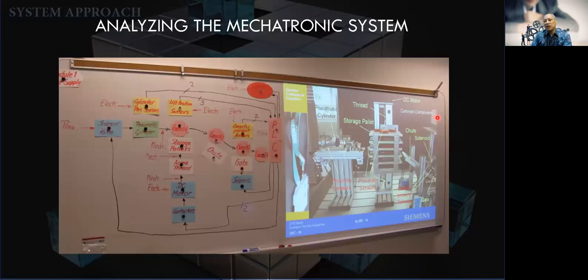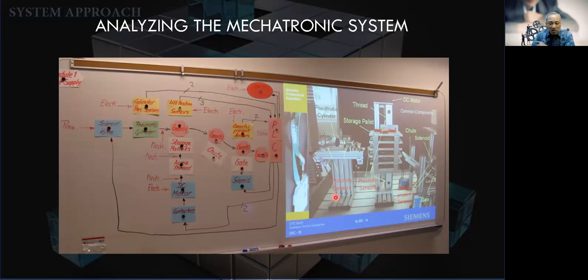So this is actually transported from the right side here. This I picked up from my lessons in Siemens, and this is right on the board: how the information flows, how the material flows moving from one point to another, and how the energy flows in here. The PLC supplies electrical or power energy to the components. I'm not going to discuss it in detail, of course. I'm just going to show you how it works when we analyze a mechatronic system. So this is actually the system approach.